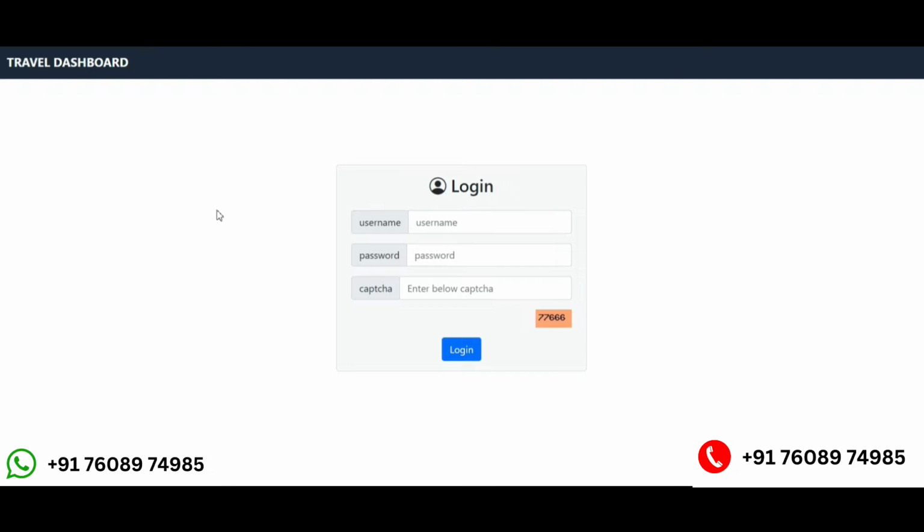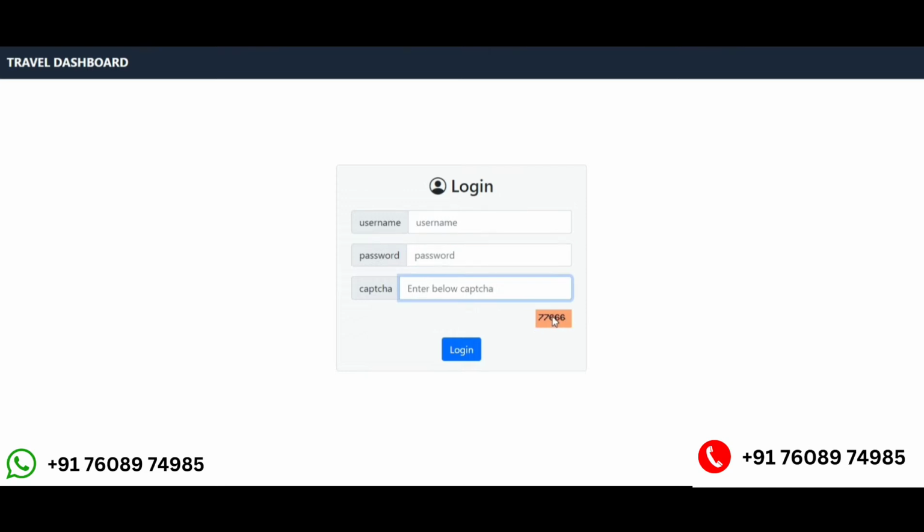So first of all you will be given a login panel before entering your dashboard. So you have to log in first, but if you forcefully try to enter the URL of your dashboard, then it will redirect you again to the login panel so that it could verify the logged in user is authorized. So first of all, you have to enter the correct username and then the password and then this captcha